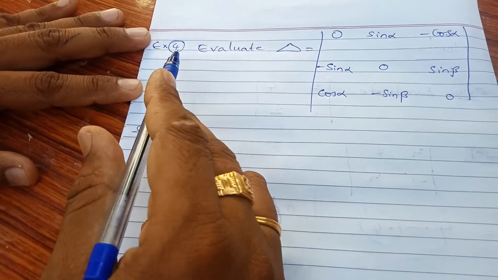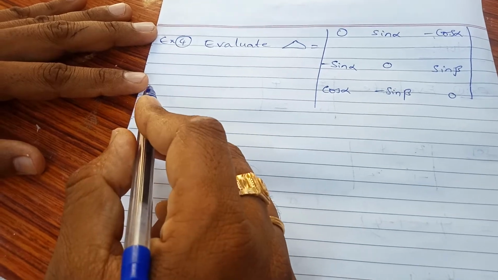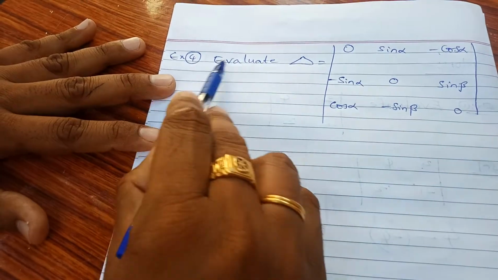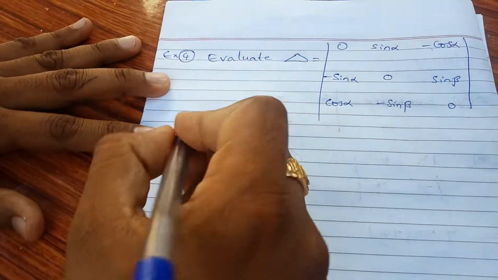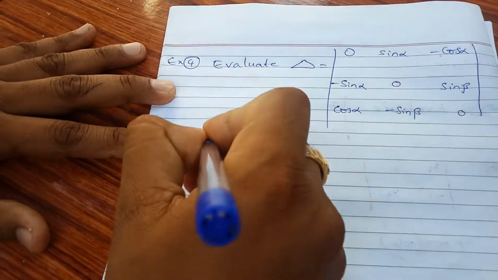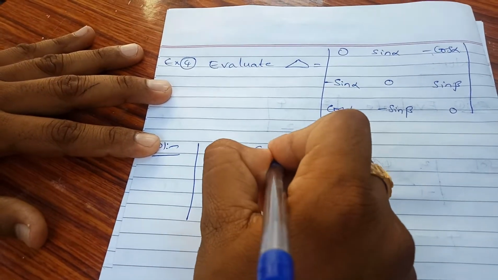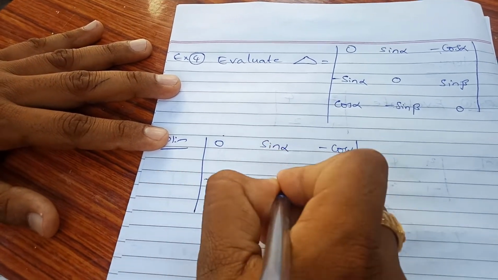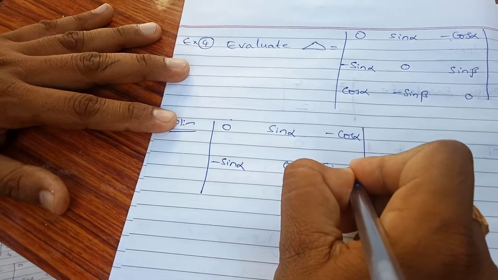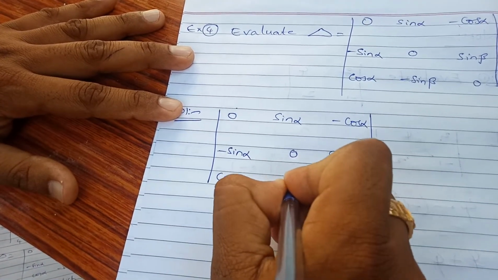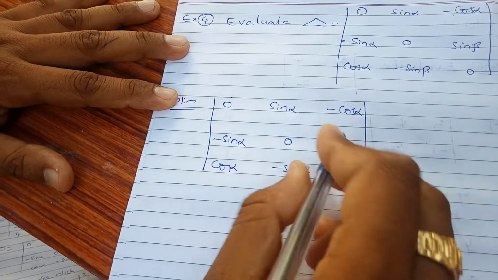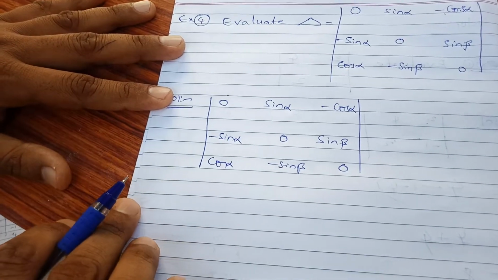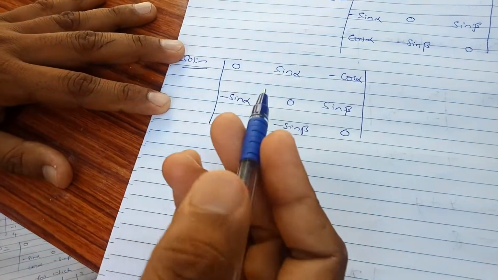We can take one more example. This is example 4. We already completed example 3 before, in the introduction, and we got the solution -52. Now this is example 4. Evaluate the determinant of this one. I will write this: 0, sin alpha, minus cos alpha; minus sin alpha, 0, sin beta; cos alpha, minus sin beta, 0. Suppose I am going to continue example 4 here. All of you have to start the solution. It is a very simple one. You people can do it.